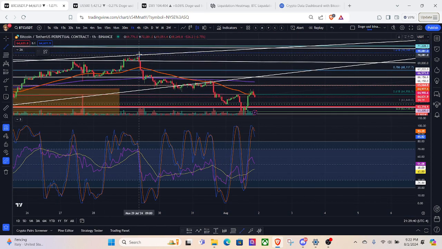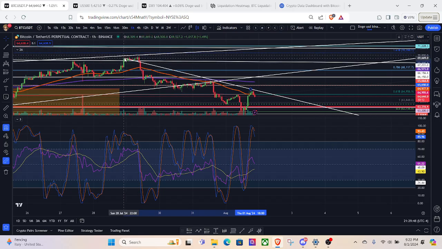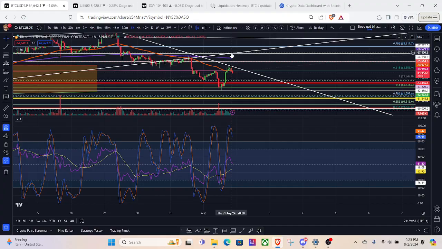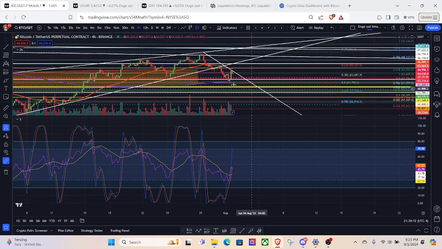Yeah, I agree. That sort of puts the bias in on its own, just breaking down out of that rising wedge. I see potentially a case that we could retest maybe the bottom of it one more time, but meeting resistance there, I would definitely say, is going to just kind of put the nail in the coffin, I guess. Maybe it could be a good short entry